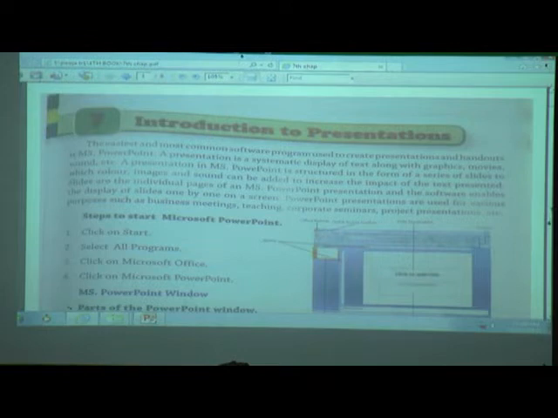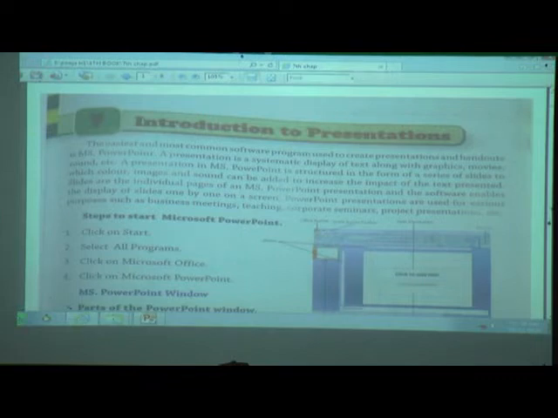Now the steps to start Microsoft PowerPoint. How to start Microsoft PowerPoint? First, click on the start button, then select all programs, click on Microsoft Office and click on Microsoft PowerPoint. It will open PowerPoint. Read the steps in the book in front of you.